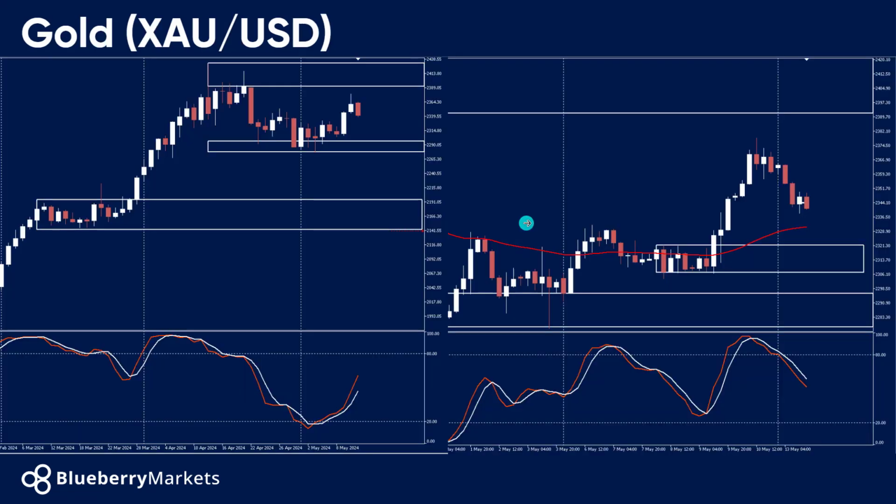Now, we also have, like I said, that risk event coming up. And what does risk obviously bring to the market? Well, it can obviously bring a little bit more buying into gold. And I can see here, what I have is a 1 week chart and an H4 chart on the right-hand side. On the weekly, we can see that price breached this kind of consolidation in the markets, and we've started to push higher.